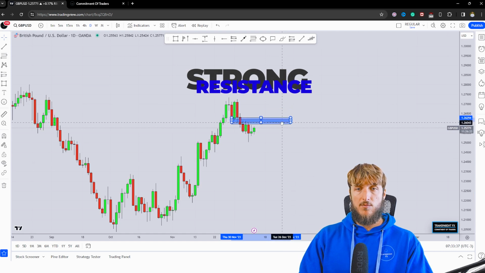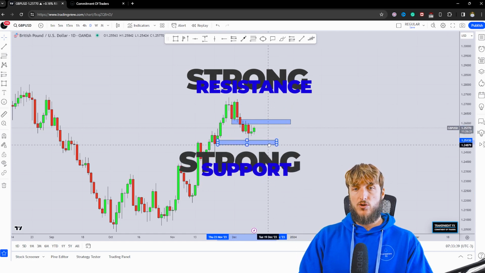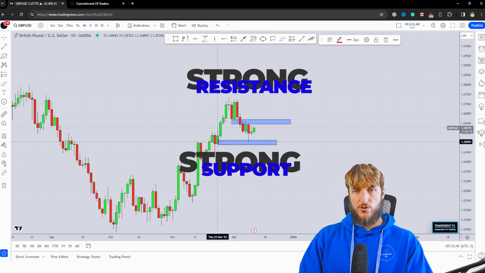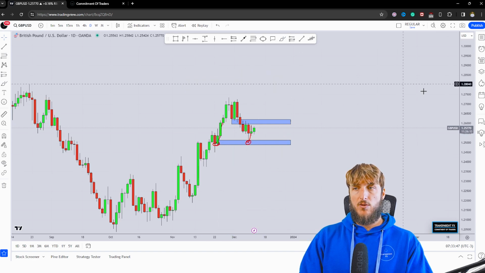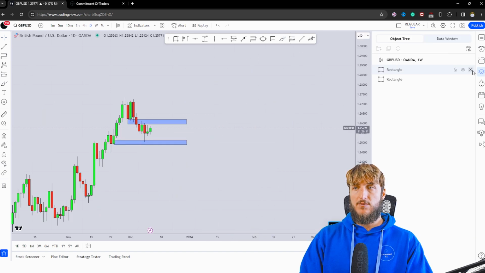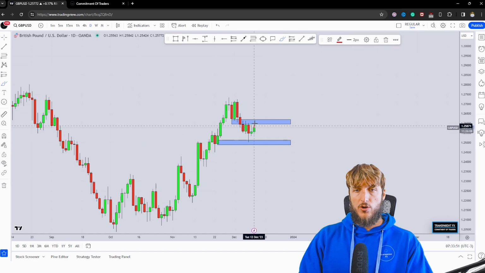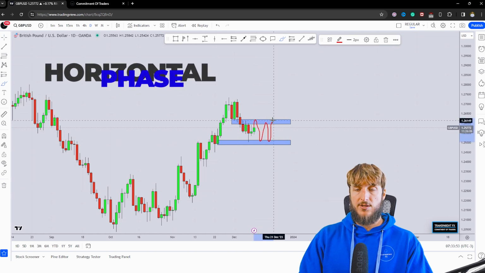However, at the same time, we also have previous support, which is still acting as support, which is this one here, still acting as support at this level here. So until the market remains in between these two levels, we could expect more horizontal price action to be developed